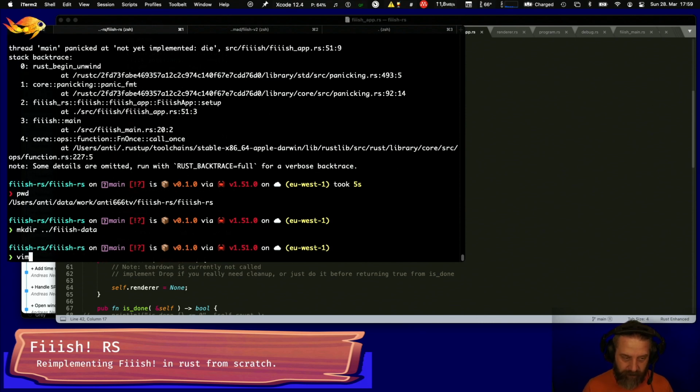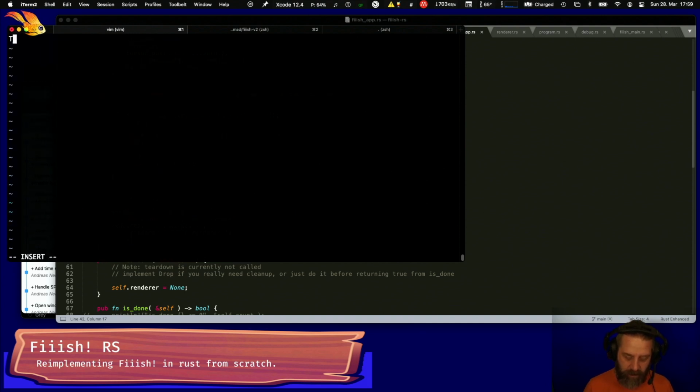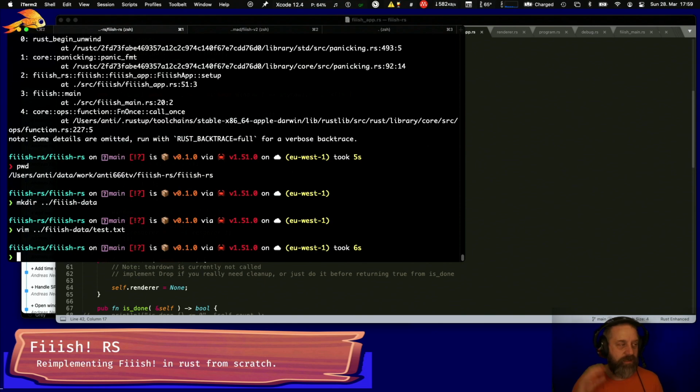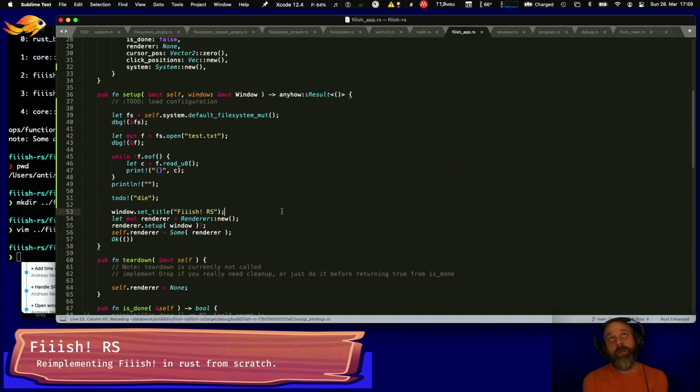And then I say vim Fiiish data test.txt. This is a test file. That's not formatting, so obviously